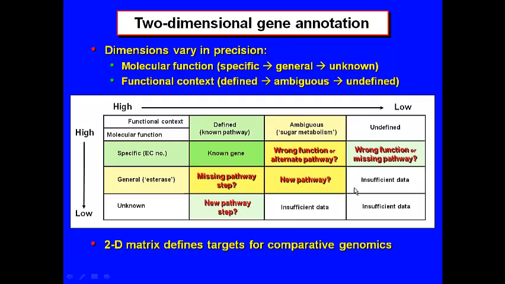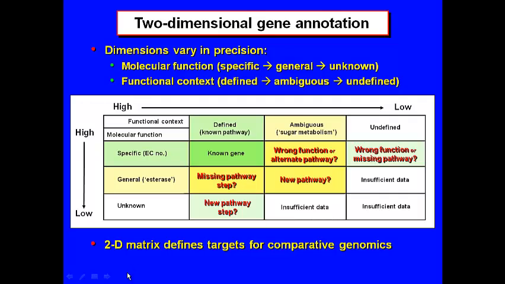You're at sea. The best opportunities for comparative genomics tend to be where one thing is well defined, like a known pathway, and something is intermediately defined. So here and here are the two places where you tend to have the most power, because something is pretty well defined, something else is not. The more vague everything gets, it becomes kind of combinatorial. There's too many possibilities. And the SEED database uniquely implements 2D annotation. That's its power, that's why it works so well.